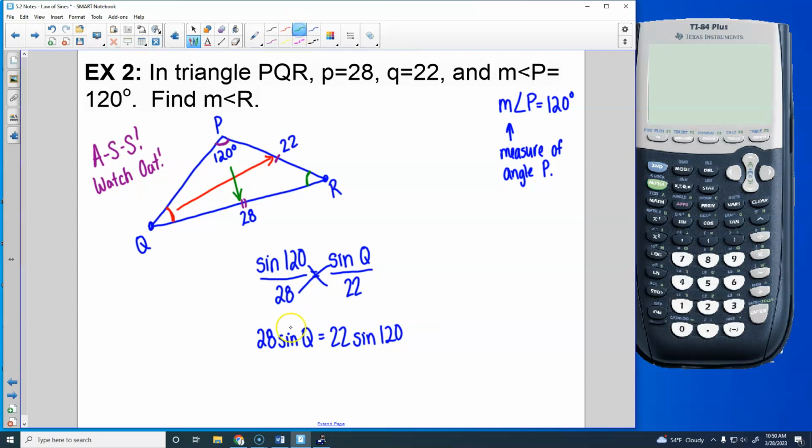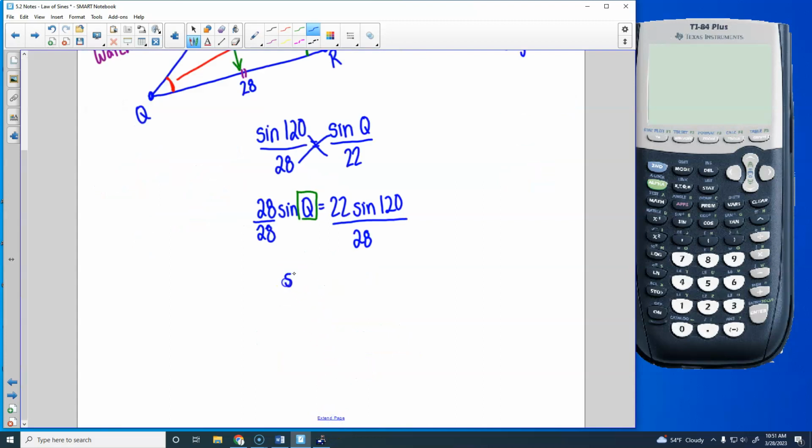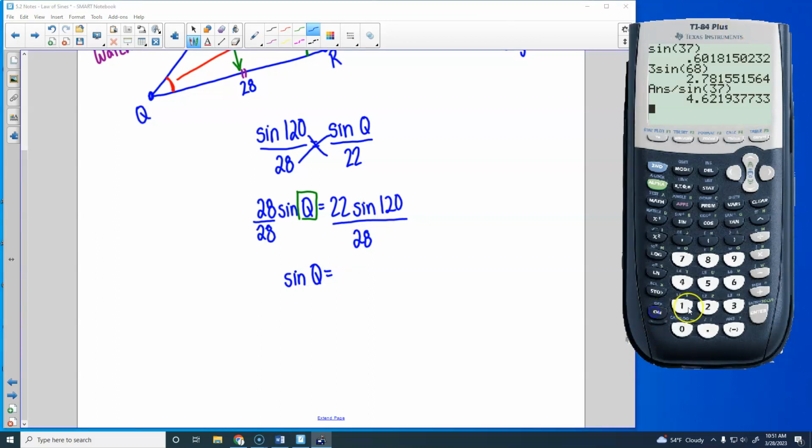Now this time it's different than it was last time. Last time I had sine of a number, right? I just had to divide it off. This time my Q, that's what I'm trying to solve for right there. So I've got to get rid of the 28 and I've got to get rid of the sine. So to get rid of that 28, I'm just going to divide it off. So I've got sine of Q equals,